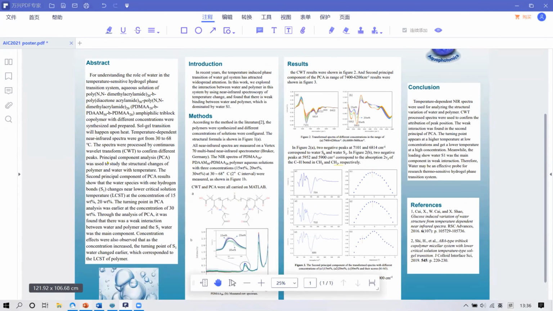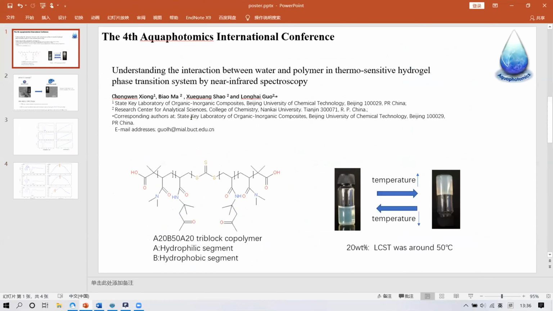Because of the limits of the poster, some useful information was put on this PPT. Okay, this is the background. A few years ago, our group simulated a very special polymer. This is an ABA type triblock polymer, where the A part is the hydrophilic segment and the B part is the hydrophobic. When you put this polymer into water, it can form a solution. So this polymer is soluble in water, and when it becomes a solution, spherical